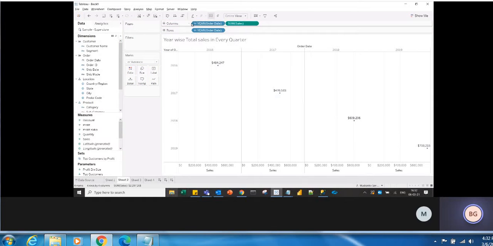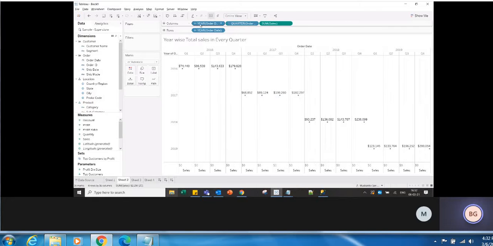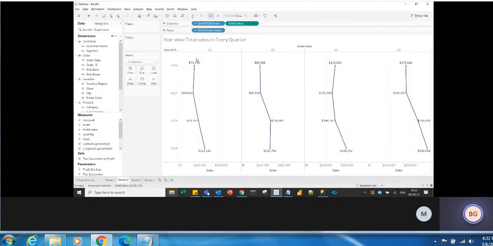Just observe it. I have dragged this after sales, but it is not taking. So what that means is the dimensions will play a parent role and the measures will act as child. So always the dimensions will take place first. Even if you drag any dimension next to the measure, see, I'm dragging state next to sales, but it will take before sales.